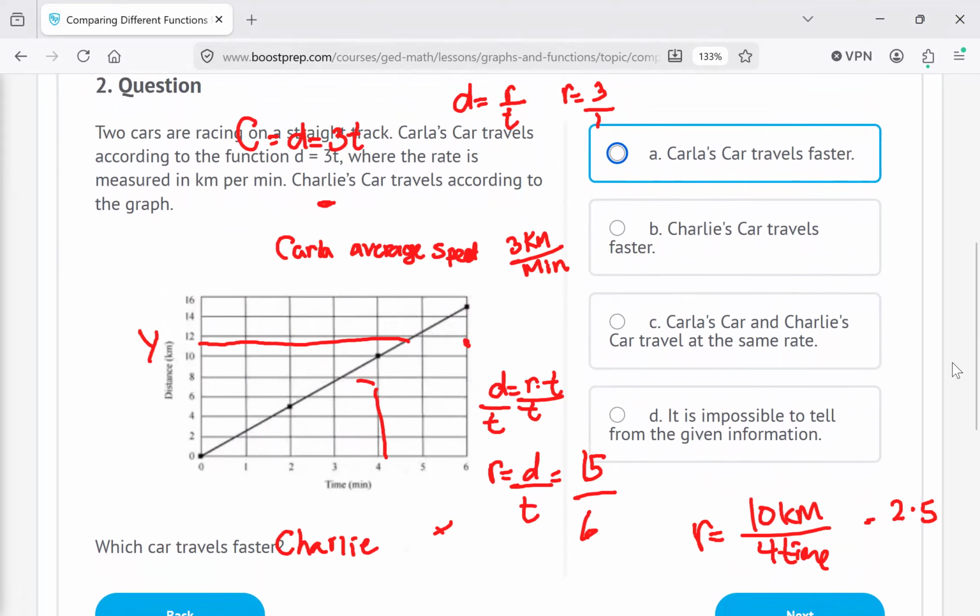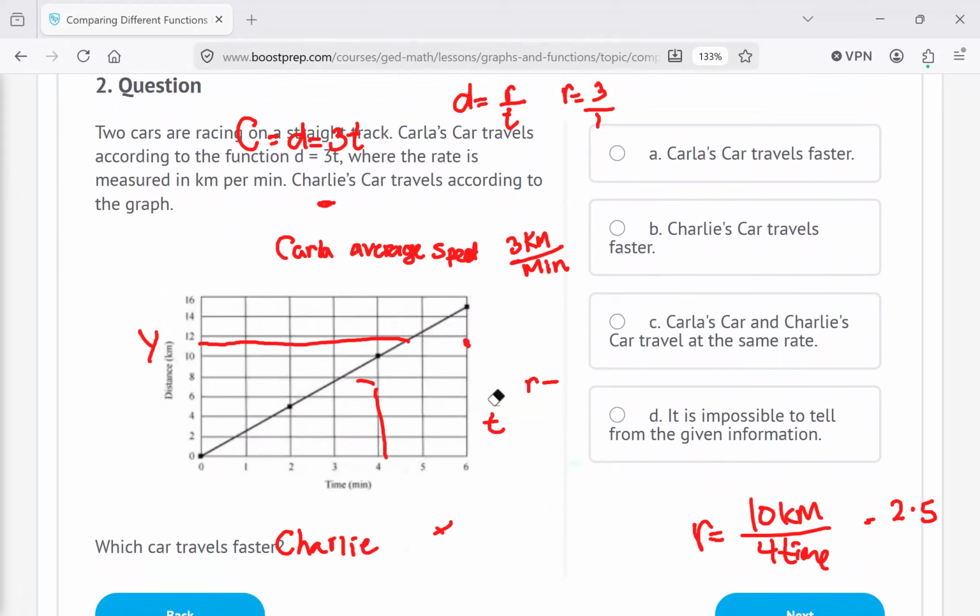Yeah, I messed up right here. Oh man, it's so easy to make a mistake. So let me recap. So we know that Carla drives